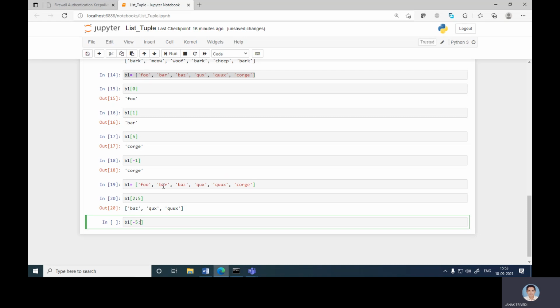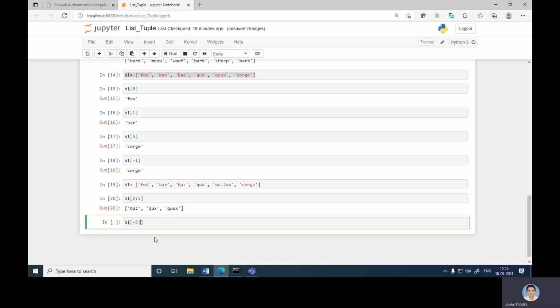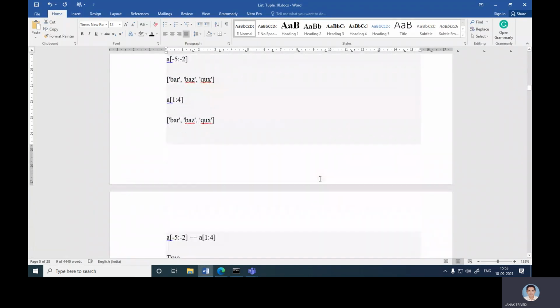So from -5 to -2, it will include these three values: -5, -4, -3. -2 is not included. So that is the negative index.